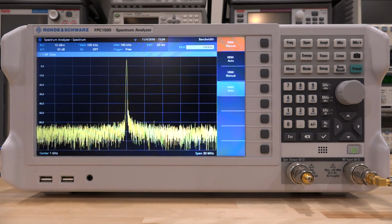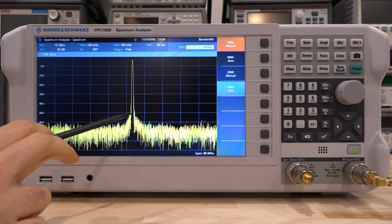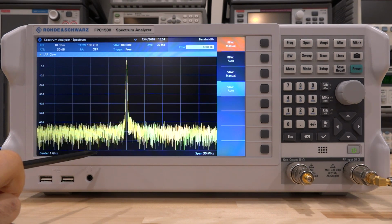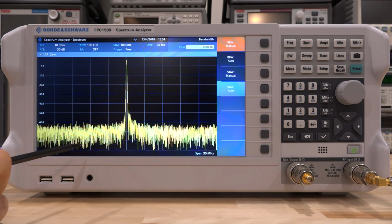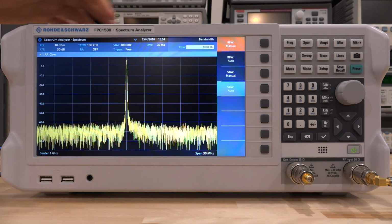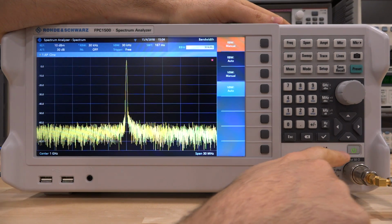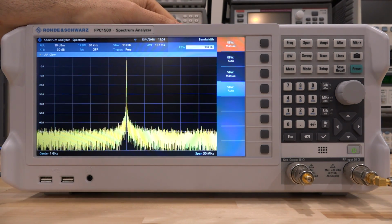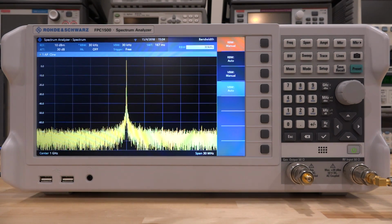I can show you that if I change the center frequency just above 1 gigahertz, we now have a balanced phase noise on both sides. And if I go just below, we have balanced again, except that it is lower. So it's clearly something to do with the frequency of the FPC1500 itself. Now if I change the bandwidth once again to, let's say, 30 kilohertz, that problem completely goes away. So it's not really an issue, it's just something to keep in mind. If you happen to see an asymmetric skirt, you can know that it might be from the FPC1500's internal synthesizer